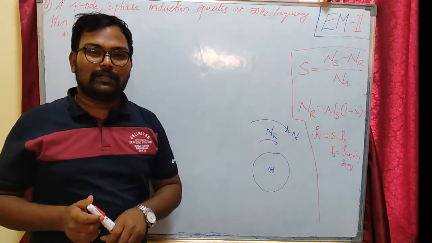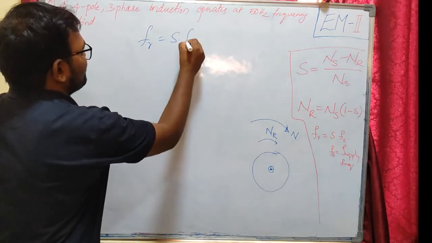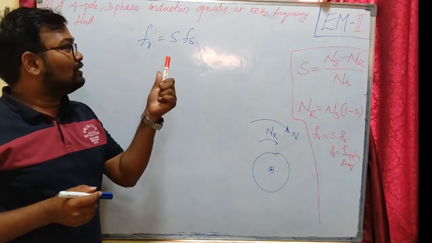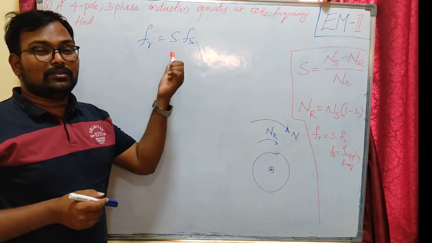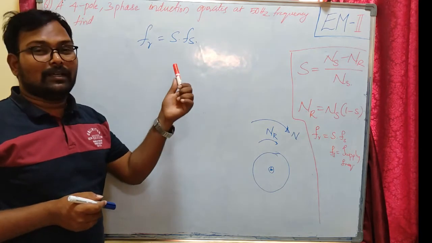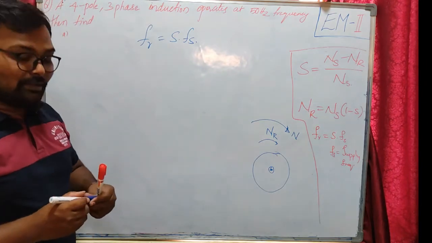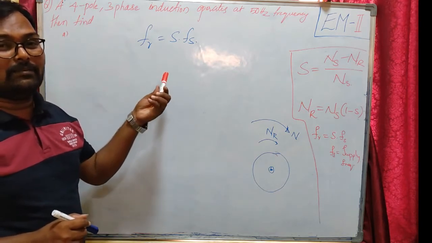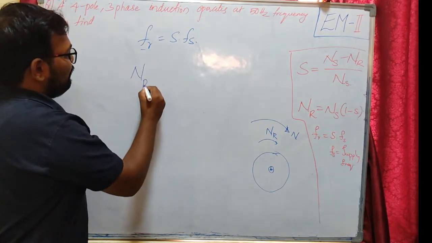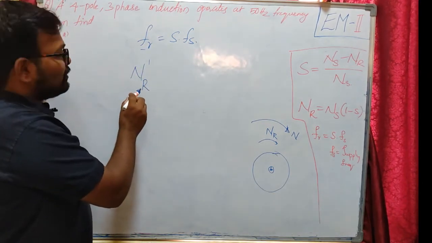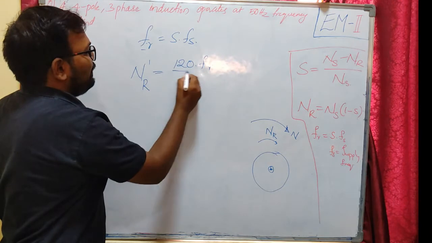So our rotor currents are rotating at a frequency that is Fr equal to S times Fs. These individual currents will flow in the phases of our rotor and will produce magnetic fields. These individual magnetic fields will combine to form a rotating magnetic field in the rotor also. So what is the speed of that rotating magnetic field that has been generated by rotor currents, that I am going to find out. Fr is the rotor frequency. So the speed of our rotating magnetic field in the rotor, I am giving it as nr dash equal to 120 times Fr by P.